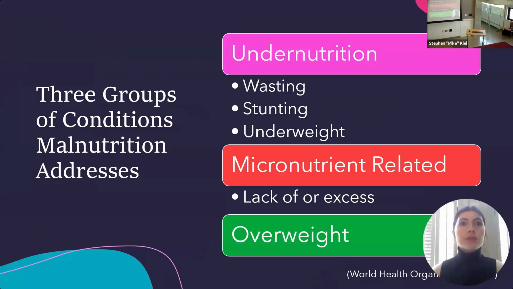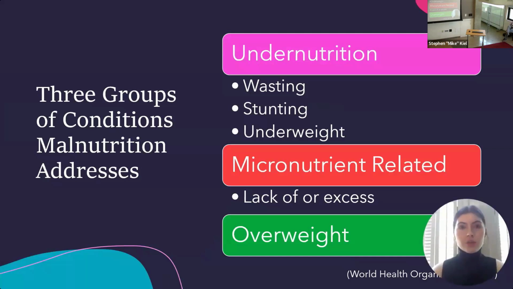Undernutrition includes wasting, which refers to a low weight for a given height, stunting, which refers to a low height for age, and underweight, which refers to a low weight for age. Micronutrient-related malnutrition refers to micronutrient deficiencies, which include a lack of essential vitamins and minerals, as well as an excess of micronutrients. The last category is overweight-related malnutrition, which includes obesity and disease-related non-communicable diseases such as some cancers, heart